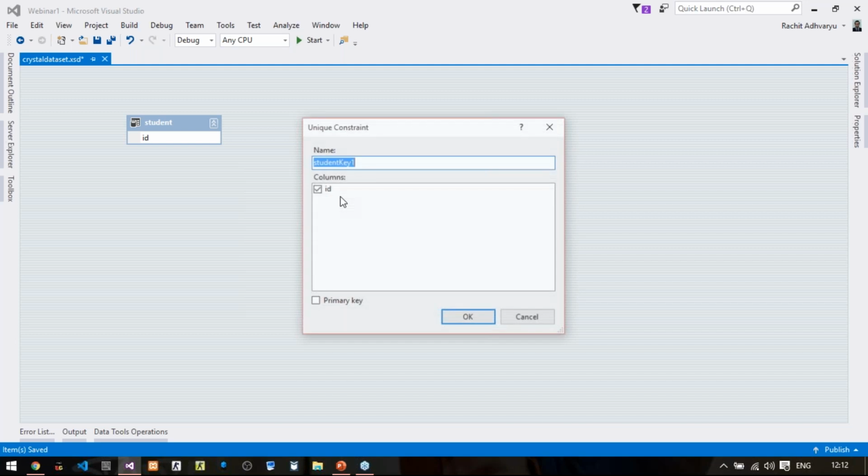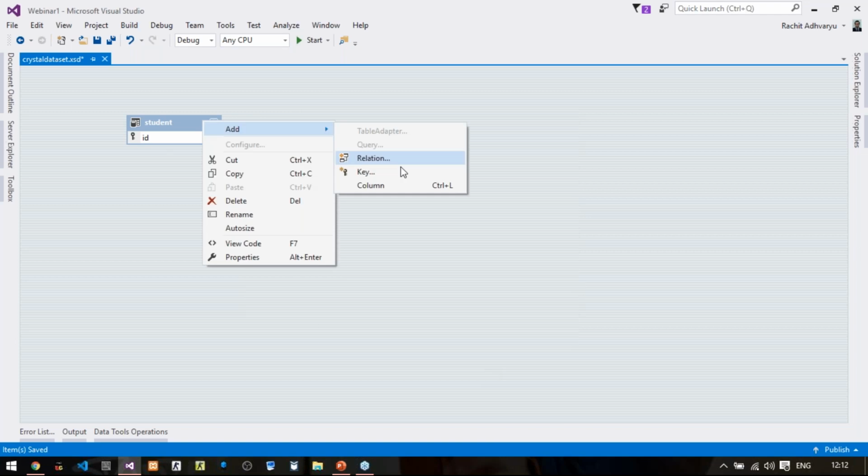Next, add a column, let us say enrollment. I'm just repeating all the columns that are part of our table, just for your reference.